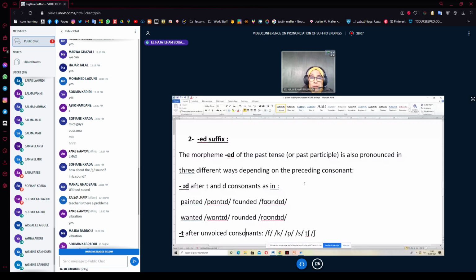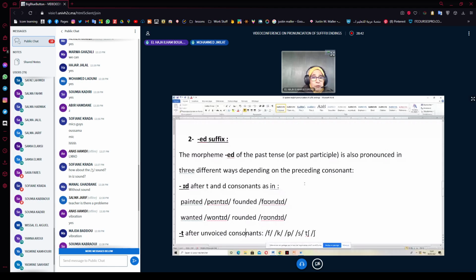But if I say I sleep, I would say I slept because it is an irregular verb. ED in here is added to the verb namely when the verb is regular. This is the regular rule that all verbs should take the ED in English. But the verbs which do not take the ED are called irregular verbs. So I'm talking in here about the pronunciation of the ED morpheme, of the ED suffix that is attached to